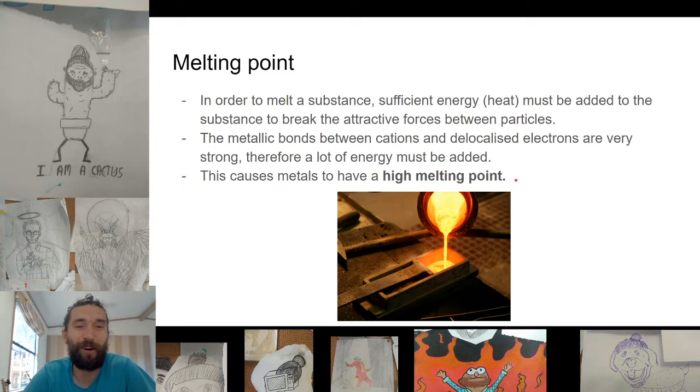But why? In order to melt a substance, sufficient energy must be added to the substance to break the attractive forces between particles. If they ever ask you a question about melting point or boiling point, that should be the first thing you should say. In order to melt a substance, or in order to evaporate a substance, heat must be added to break the attractive forces between the particles. And what are the particles in a metallic substance? I've said it a few times. They are